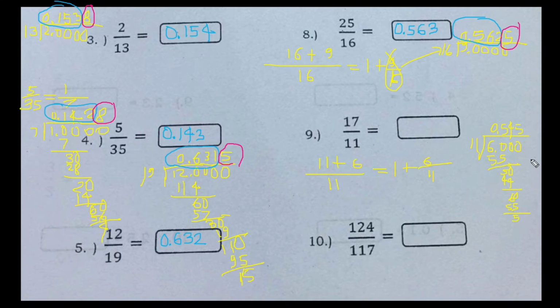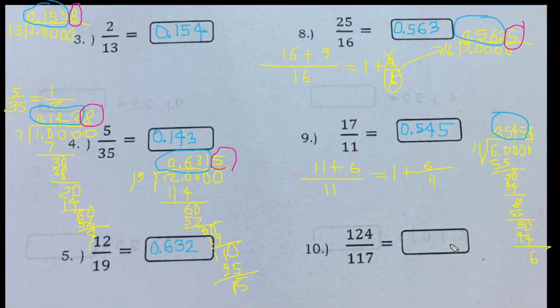minus, that will be 5 here, and then 0 again, last, 50 divided by 11, that will be a 4, so this is a 44, remainder 6. Now, but we need to just focus on the 3 decimal places. It's just 4, so it remains as 5. So the answer is 0.545, or 545 thousandths. Last one, 124 divided by 117, so that is just 117 plus